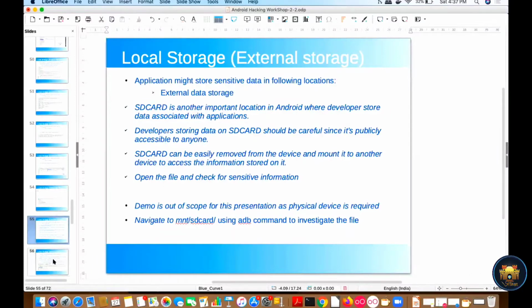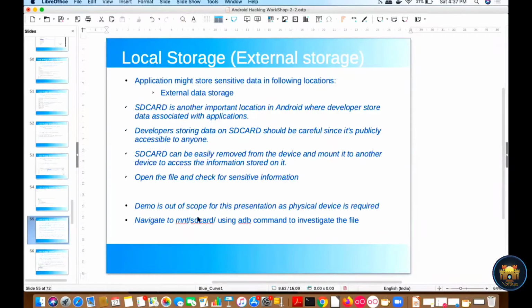And if an application is storing any sensitive information on the SD card, it can be accessed by any attacker or malicious user. If your device is stolen or lost, then anyone can pull the SD card and check the sensitive information from there.